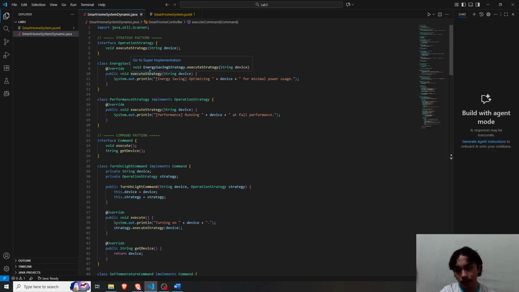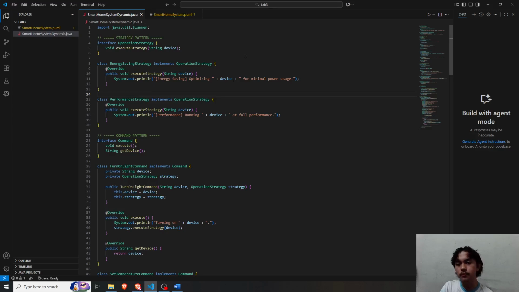I'll be using English words mainly for the explanation later, but for now we'll talk over our code here. I've imported Scanner here because this system requires user input.